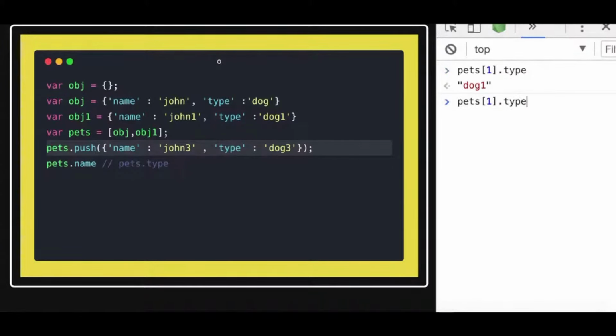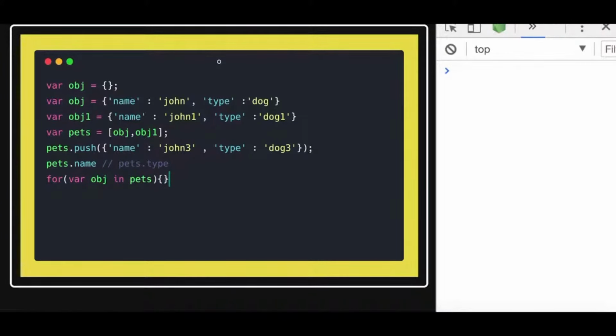which is 1, right? So this is how in JavaScript we always create an array of objects, and then we access those objects, we actually iterate on those objects. So you can see I can also iterate on this pets array of objects, and I can run the for in loop on this. So what you will get out of it,